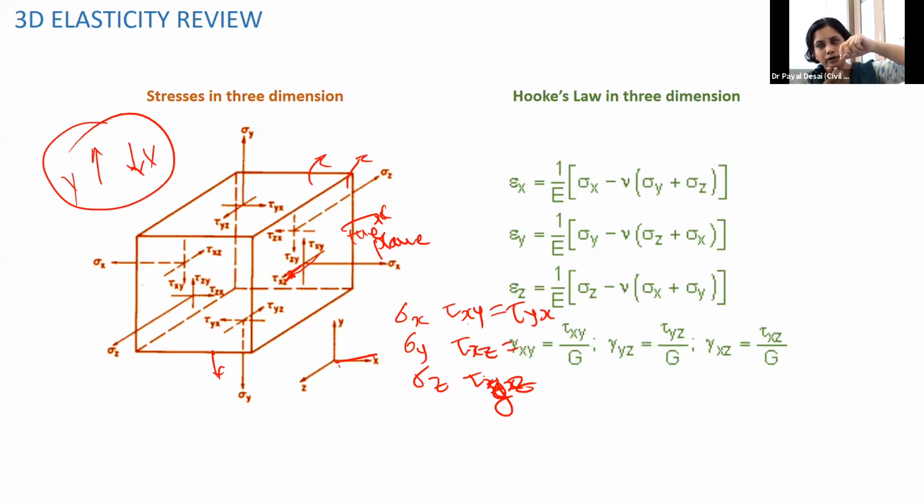Similarly, you pull the body in the z direction, and then you introduce the effect of the Poisson's ratio in the y and x directions, and similarly for the third direction. So by adding these 3 components, by superposition, you get Hooke's law, that is relating your stresses and strains with the Young's modulus. So for isotropic and homogeneous material, our Poisson's ratio and Young's modulus will be constant, that is mu and E. So these Hooke's law equations are written here.